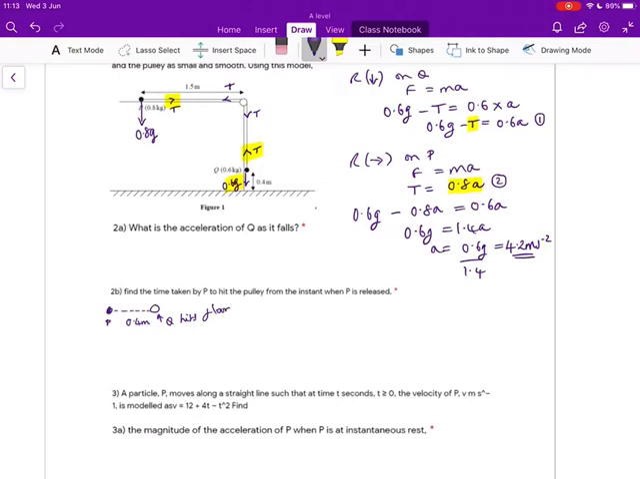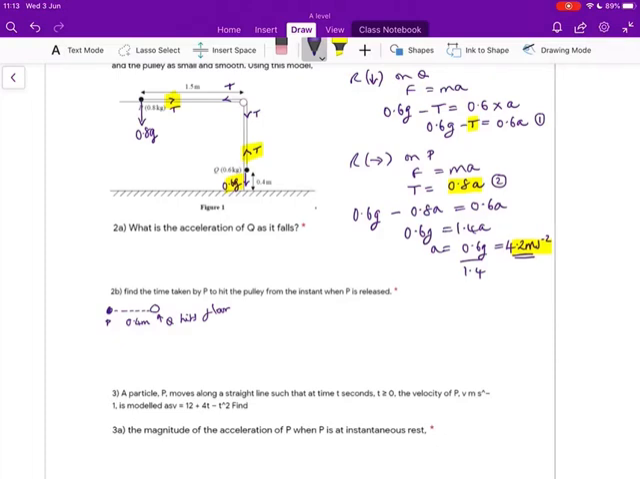So up to then, there's an acceleration of 4.2 metres per second squared acting on P. Once Q hits the floor, the tension in the string now becomes zero because the string has become slack. So what we need to do first of all is work out the time it takes for P to travel